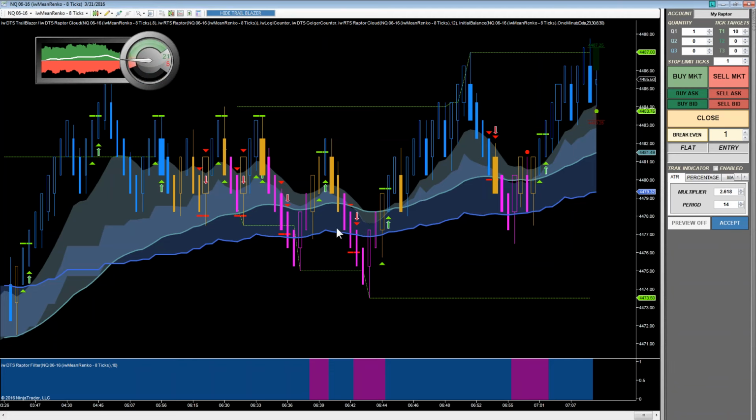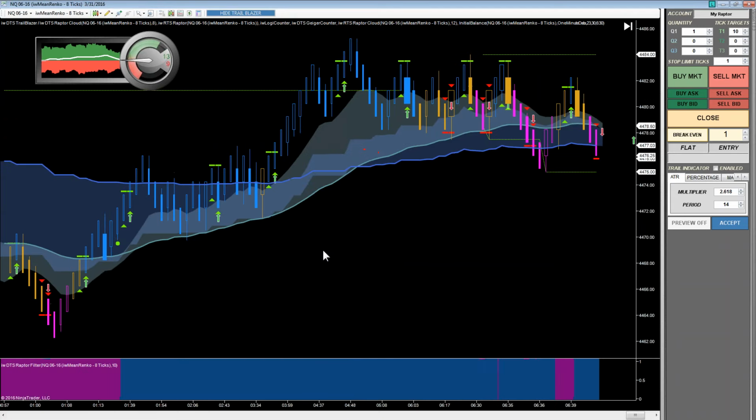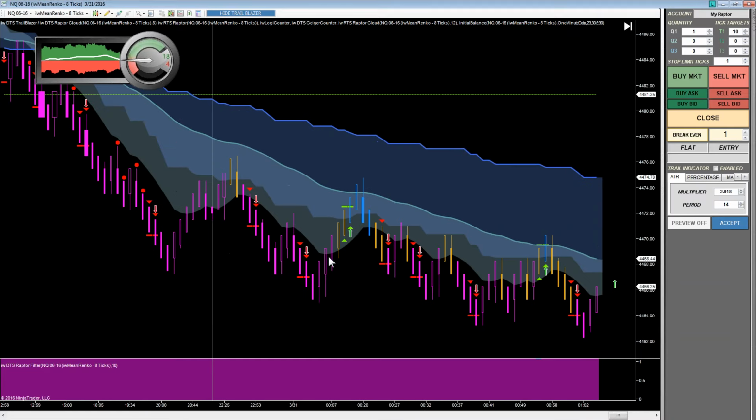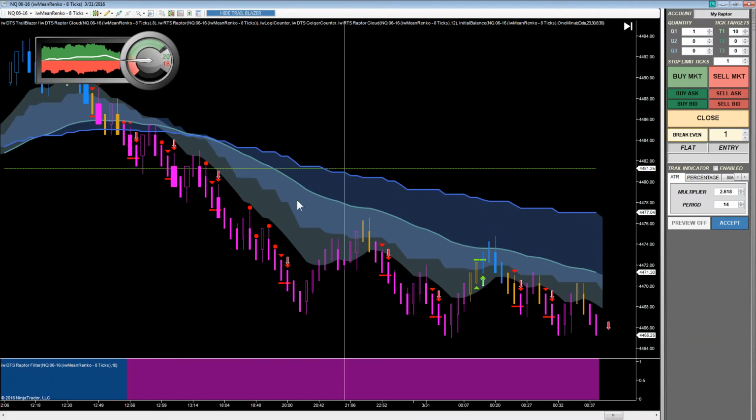So now with the Raptor. The Raptor has been a little bit of an evolution, I have to say, because when we first put the Raptor package together, we were just looking at your basic with-trend signals. The Raptor owners, perhaps more than the other DTS tools, have really influenced the way that we read this particular tool. For one thing, and I do believe Ben has made this change on the Raptor that comes out of the box now,